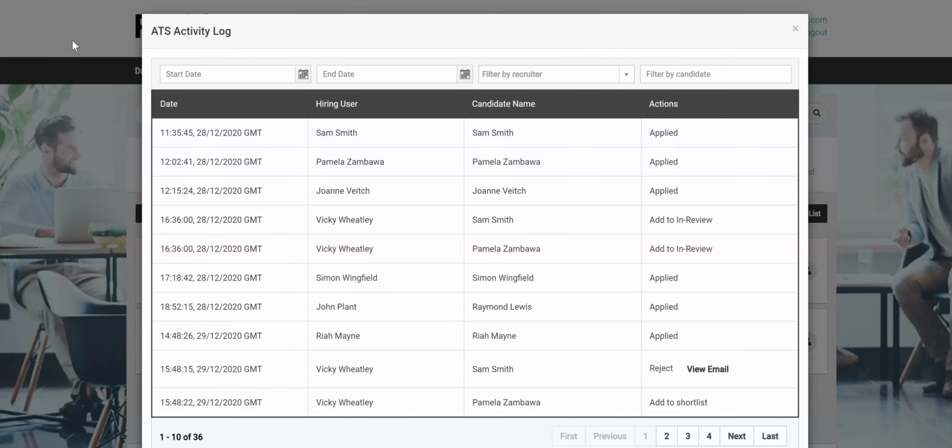Below the filters you can see some headings. So you've got date. This shows you the date and the time the action was carried out. Hiring user, so the user of the ATS who carried out that particular action. The candidate name, so the name of the candidate that the action was carried out on, and the actions that